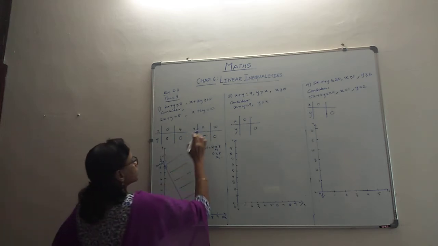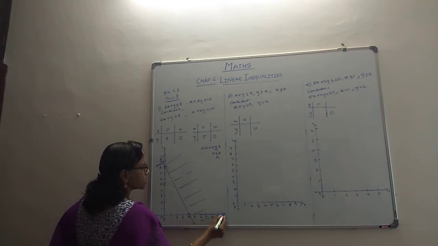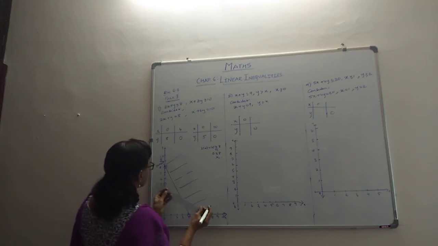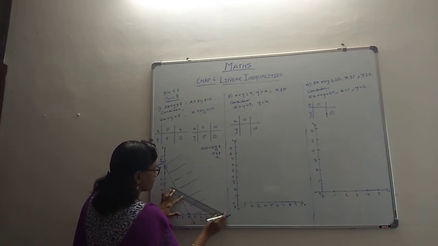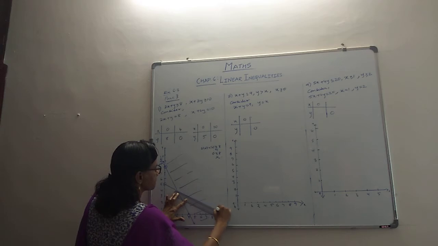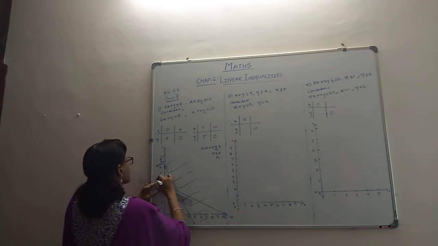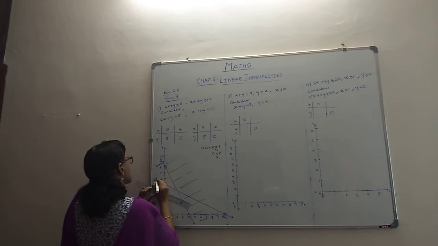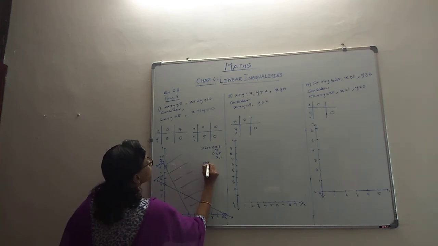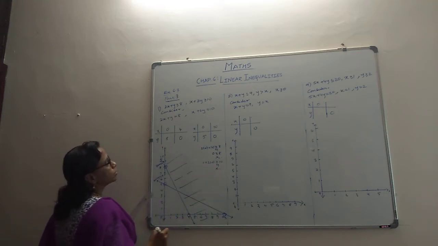Then we have the second equation. There we go for the plotting. 0, 5 is your first point. Next point is 10, 0, and let's check how it goes. This is a line which indicates x plus 2y equal to 10. Now the region is what we have to check. 0 plus 2 times 0, whether it is greater than or equal to 10, no. That's not true. 0 cannot be greater than or equal to 10.